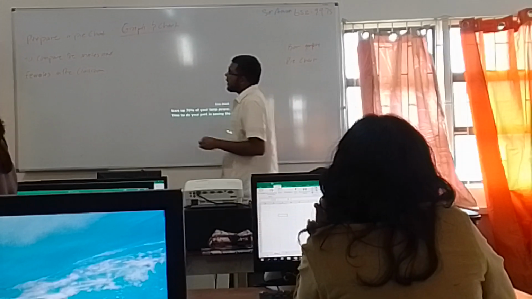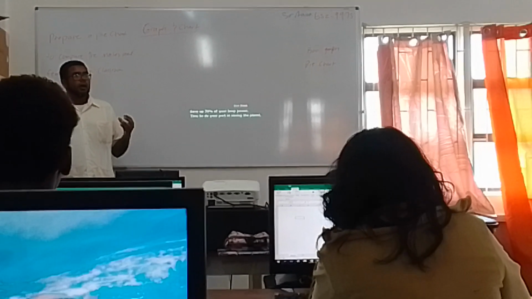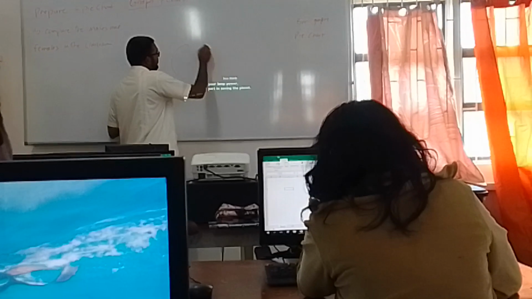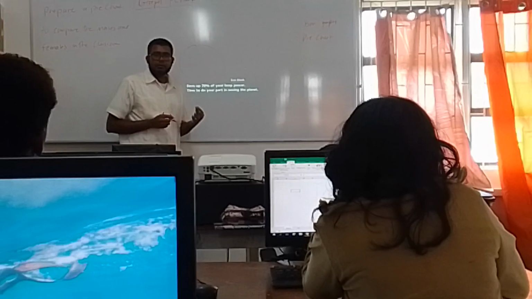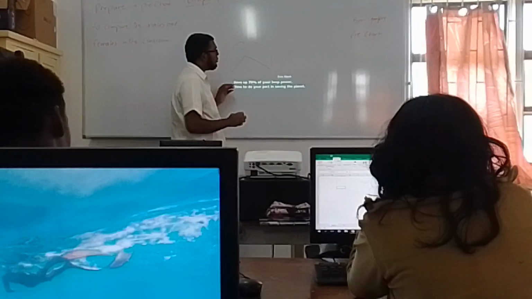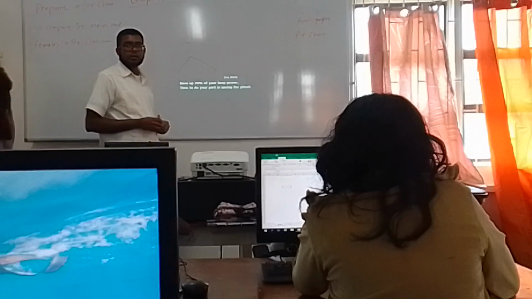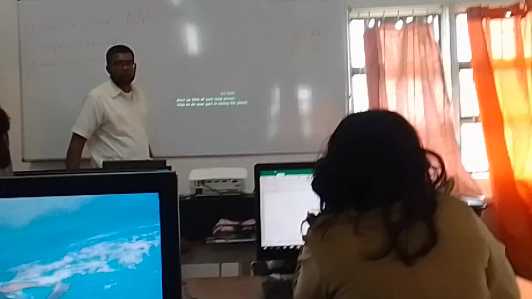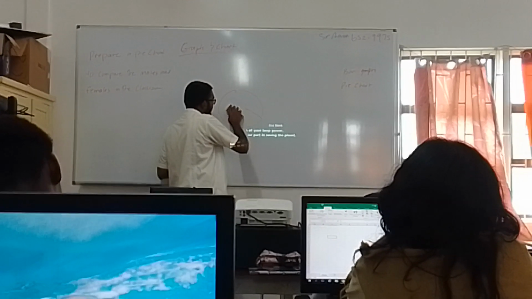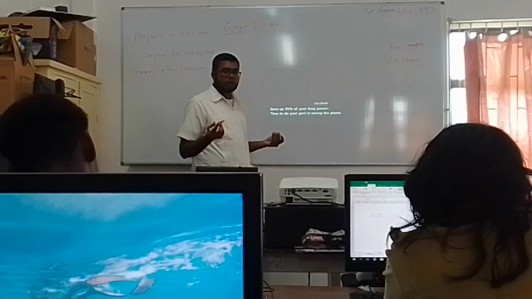So remember I said your pie chart is used to compare a few amounts of things, right? Or show how it makes up something. So let's say we have a class. This is your class. And we have males and females in the class. We can use a pie chart to show how many males and how many females are in the class. Or alternatively, let's say the canteen is selling drinks.